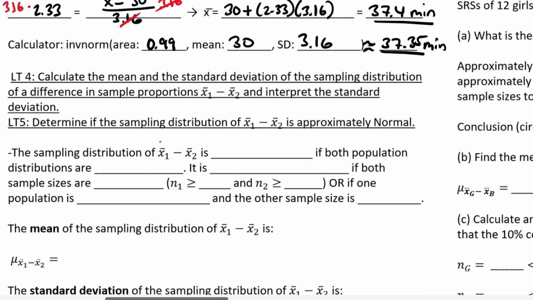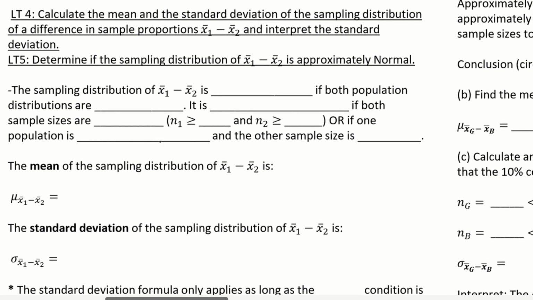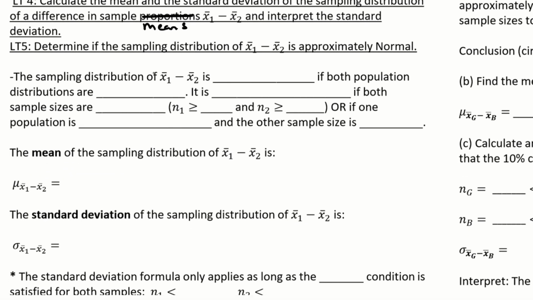So now let's look at learning target number 4 and 5. Number 4 is calculate the mean and standard deviation of the sampling distribution, not of sample proportions, but of sample means, and interpret the standard deviation. Determine if the sampling distribution is approximately normal. And then the 5 is determine if the sampling distribution x bar 1 minus x bar 2